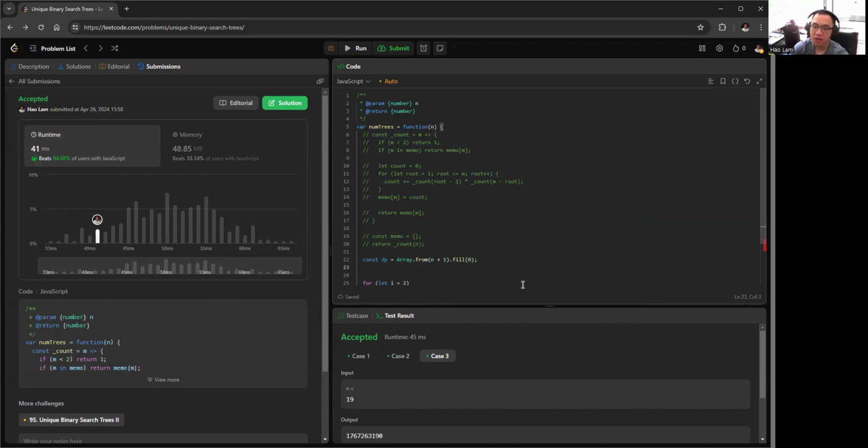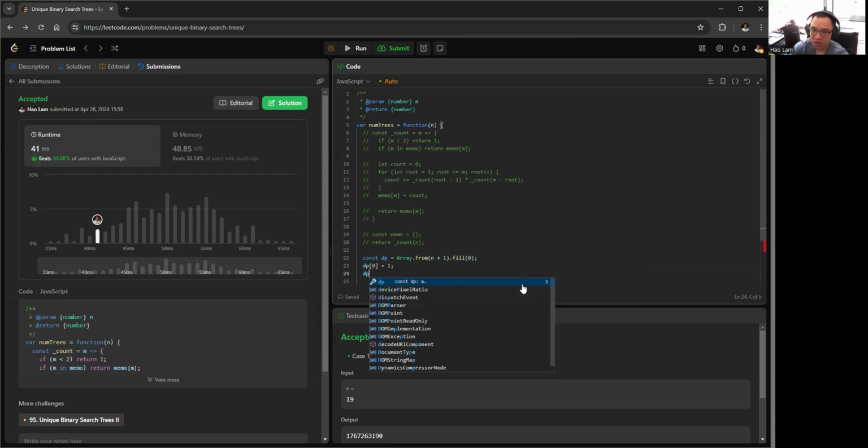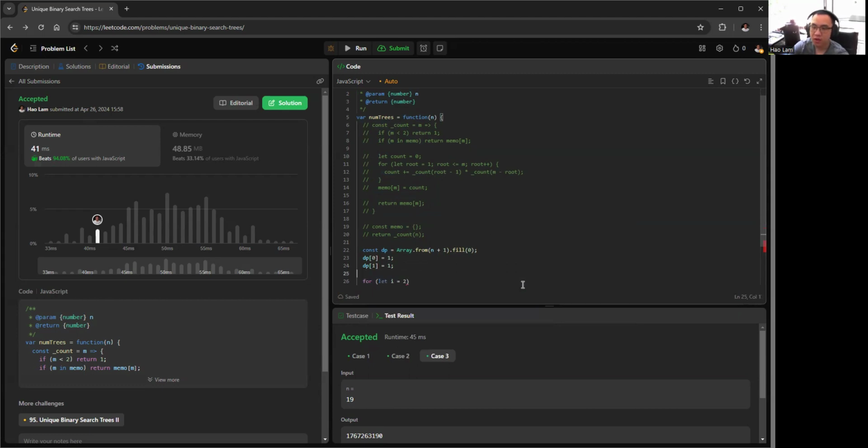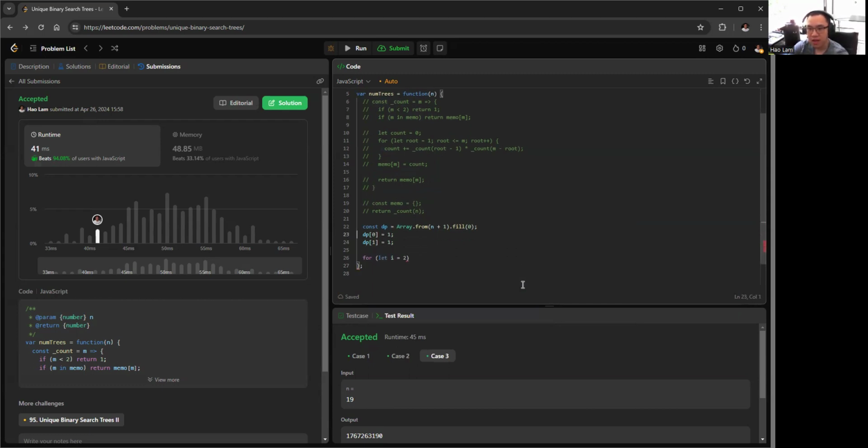We start from the default value of 0 because in the beginning we don't have anything, right? And n+1 because we're starting from 1, not 0. So we can set dp[0] equal to 1 and dp[1] equal to 1, right? So an empty tree is one combination, one choice. A tree with one node is also 1, right? So we can just start from 2